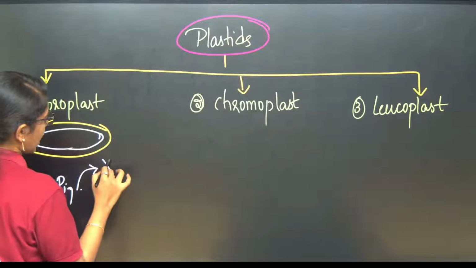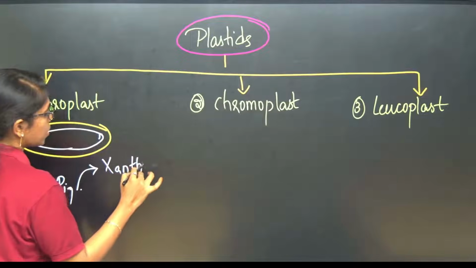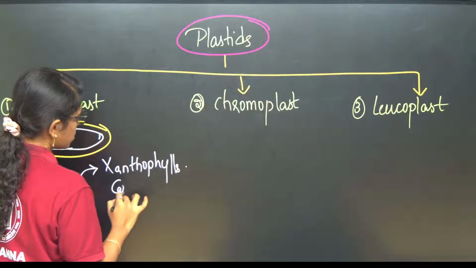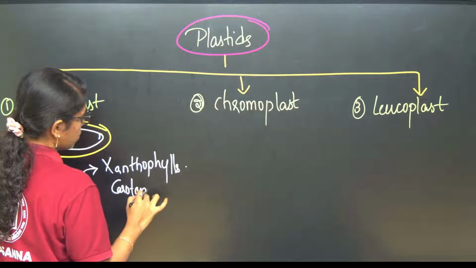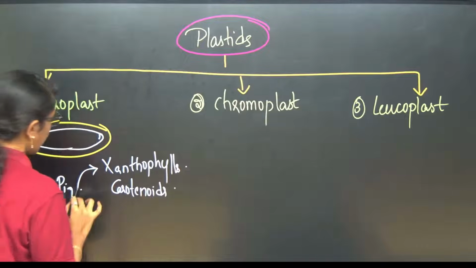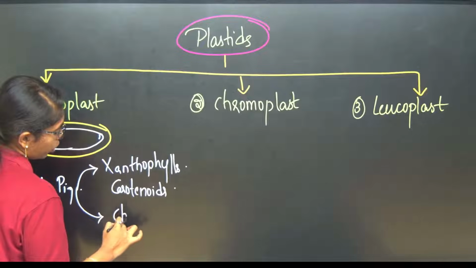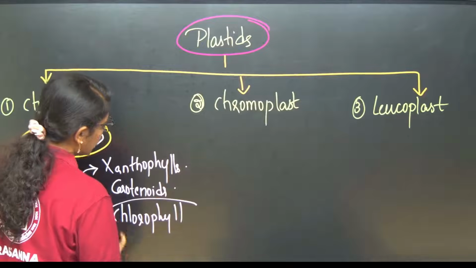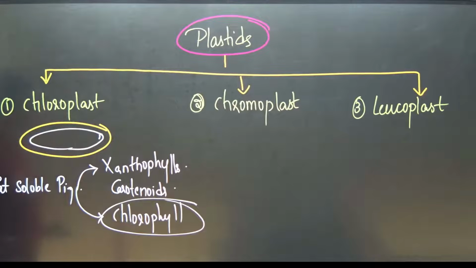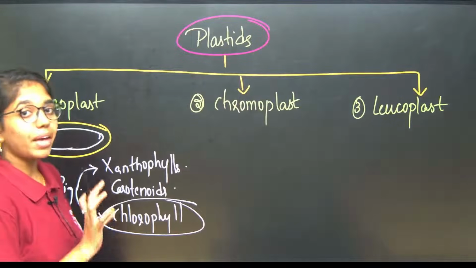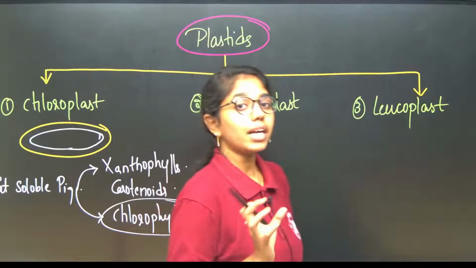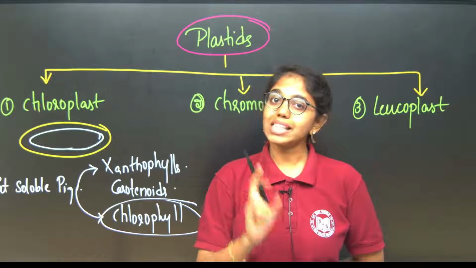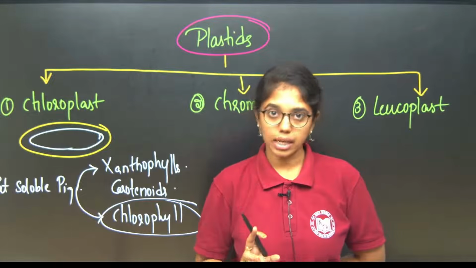like xanthophylls, carotenoids, chlorophyll. Chlorophyll is abundantly present inside the chloroplast, and chloroplast number may vary depending on the plant cell. If it is a primitive plant cell like algae, Chlamydomonas, where a single chloroplast is present per cell, okay, where